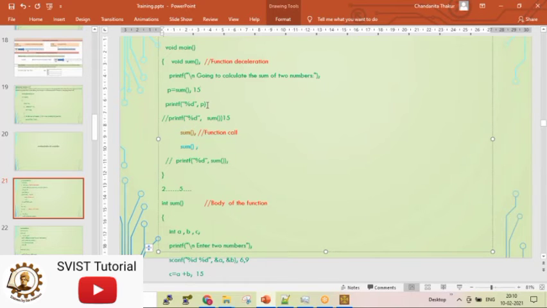So either you write these two lines, or if you write this one line, this is more than enough. If the value is not getting returned, then how will P get the value 15? So instead of writing two lines, directly I can write %d sum. So sum will be called, the return value will come back, and it will be printed. Is it clear? Is it understandable? Yes, ma'am. Okay, Kaushiki.